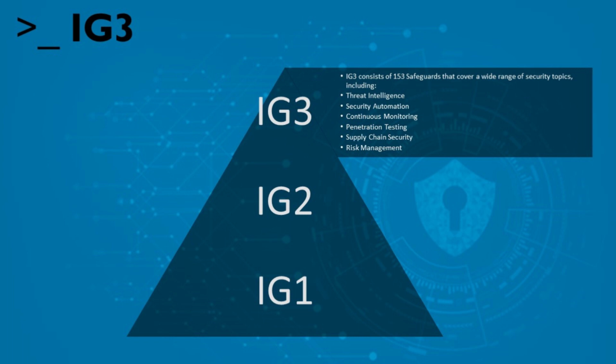This adds focus on subjects such as continuous improvement of currently implemented security procedures like monitoring, threat intelligence, incident response testing, and areas like DevOps to help organizations develop and deploy secure systems and applications. IG3 is also aligned with Zero Trust security in mind and assumes that no user, device, or application can be trusted by default. So, as you can see, the CIS controls are a crucial resource for organizations looking to improve their cybersecurity defenses. It's not just a set of guidelines, it's a roadmap.